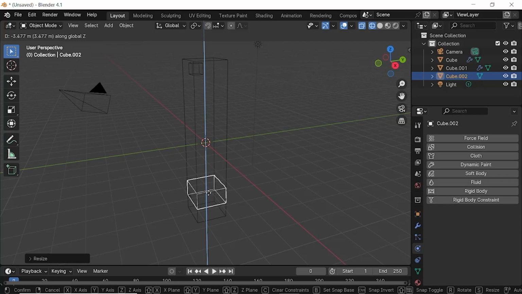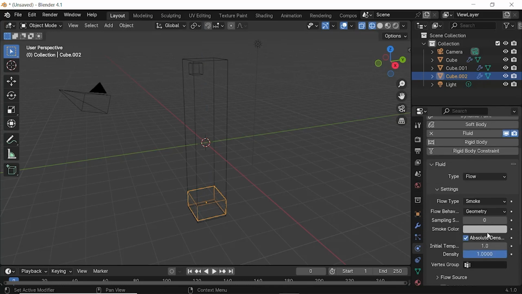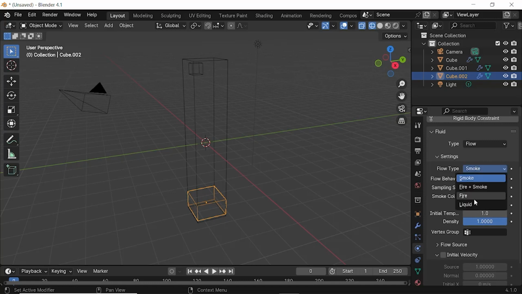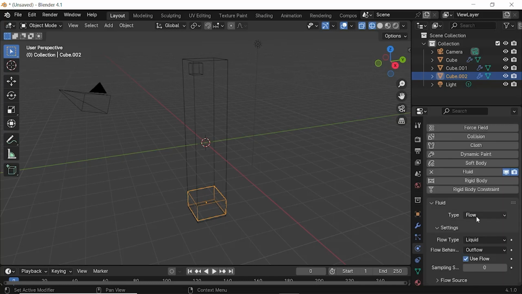Bring it down to the bottom with G and Z. Go to fluid, type, flow, flow type, liquid, flow behavior, outflow. Let's go back to shading mode, hit play,